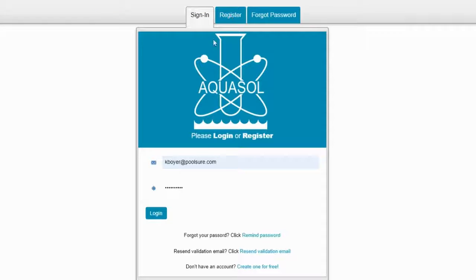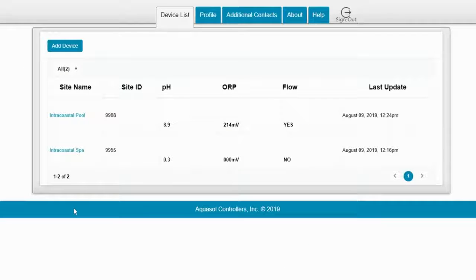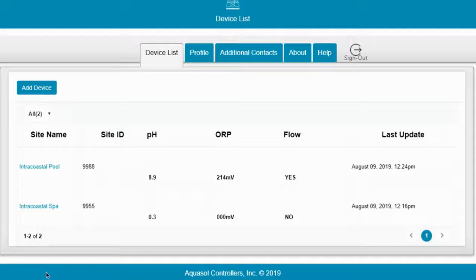But once you've established an account, it's simply a matter of entering in your email address and your password and then pressing login. That will take you to a screen that shows you every pool or site in your organization that has an XPC Internet Adapter active and assigned to it. In this account, this is a demo account. We've got two devices that are set up. These aren't actually on pools, they're bench units, so that's why the pH and the ORP look a little bit